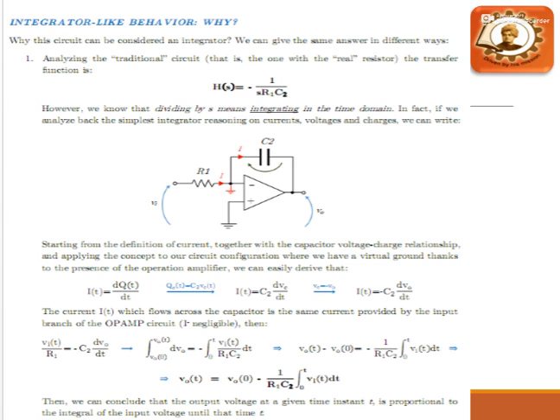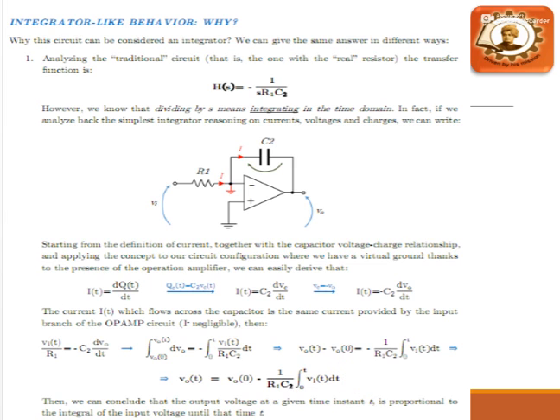Next we observe that the circuit can act like a simple integrator. If you calculate, from this circuit it is clear that the output is nothing but the integration of the input voltage. That's why it is called an integrator circuit. You know all these things. Here the output voltage is proportional to the time integral of the input voltage, according to the final expression V naught equal to 1 by R1 C2 integration of V1(t) dt.